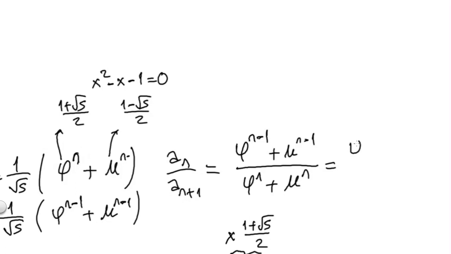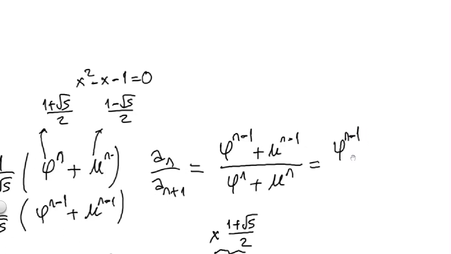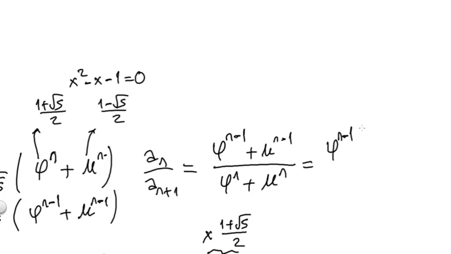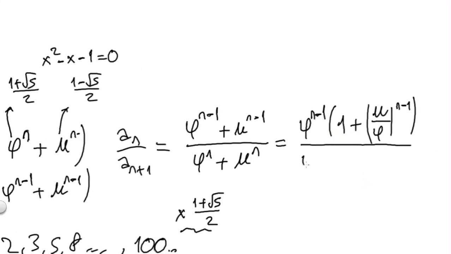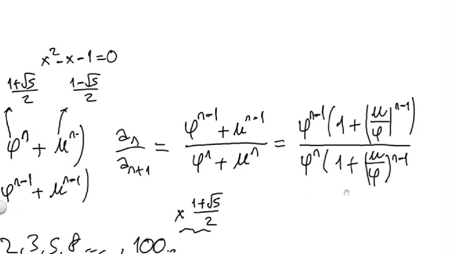So I can take phi to the n minus 1 out of parentheses in the numerator, and it will be 1 plus mu over phi to the n minus 1, over, and I can take phi to the n out in the denominator, 1 plus mu over phi to the n. Okay,